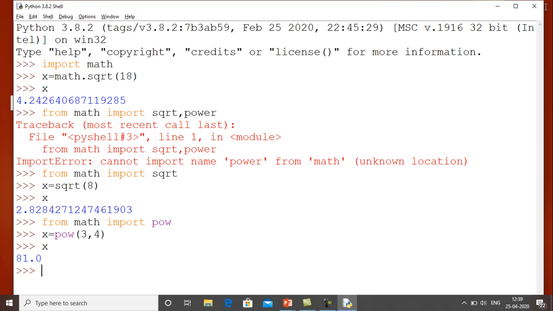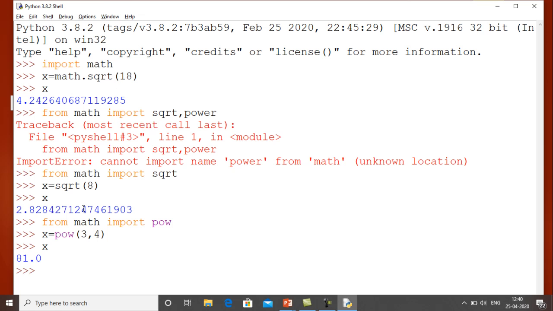So we can also add a specific function from the module by using the from statement. And when I use the from statement, in order to use any of the functions, I don't have to use the module name first. You can see over here that when I write import math, then I have to add math dot before every function, okay.